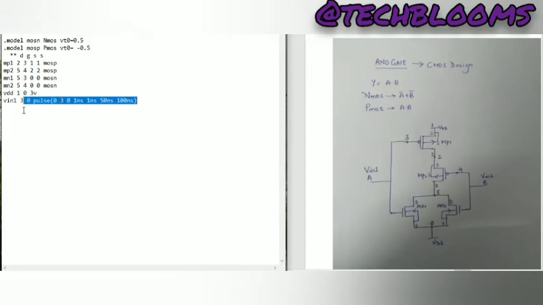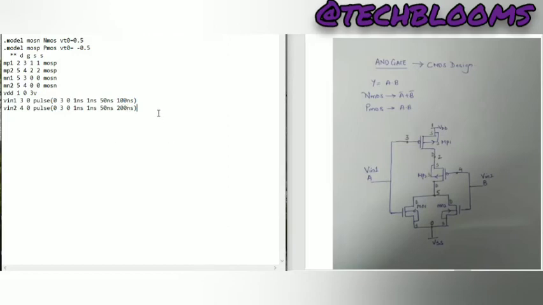Similarly, I'll give a pulse input for Vin2. The same way, I'll just change it to Vin2, and it is connected to 4 and 0 with a pulse 0. I'll just change the time period so that I get a difference in the output. If you put the same, you will not get almost all the combinations which you require. You may get only 2-3 combinations. You will not get all 4 combinations in the output. So for that matter, you need to change the time period here.